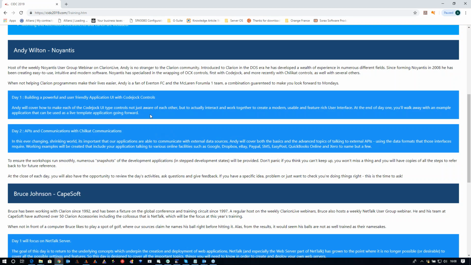Day one is going to be dedicated to getting the CodeJock controls working together, seamlessly integrating with each other so you get the best solution out of them. Minimum amount of coding, of course, but the maximum impact at runtime. We're going to do one, possibly two types of applications, different UIs for you to use, and you'll be able to take from that a skeleton application at the end of the day. So that's day one, and day two is going to be dedicated to the Chillcat wrapper, which